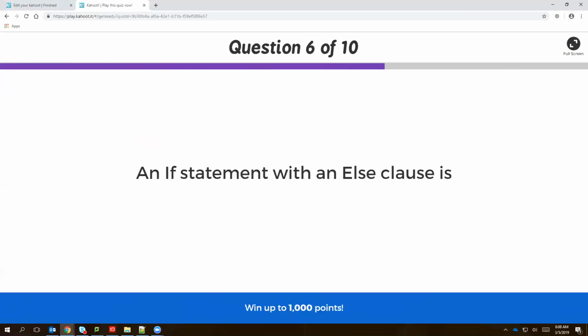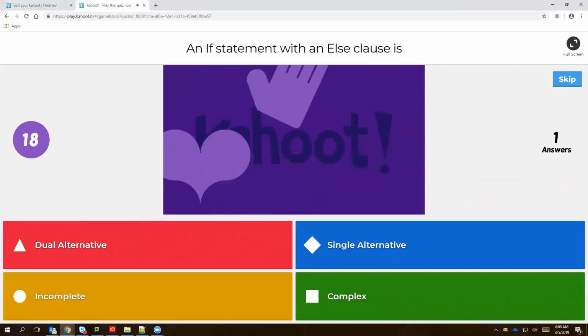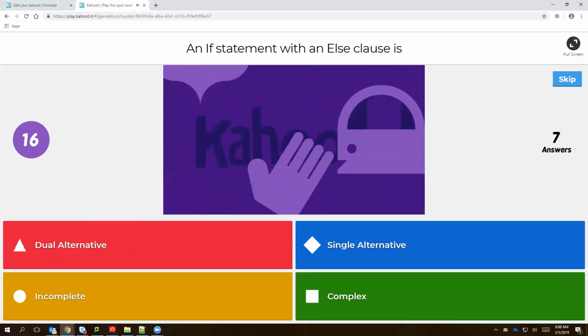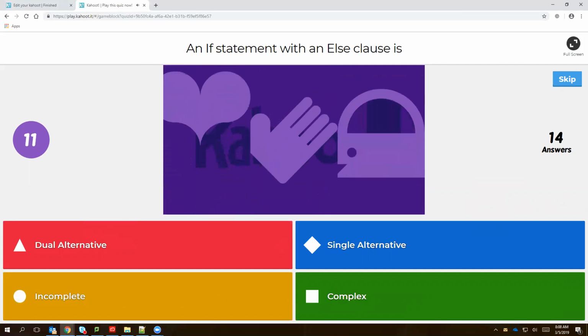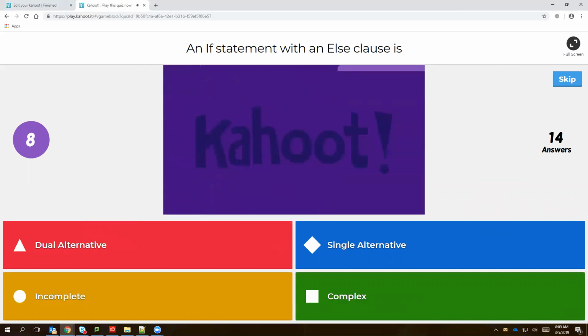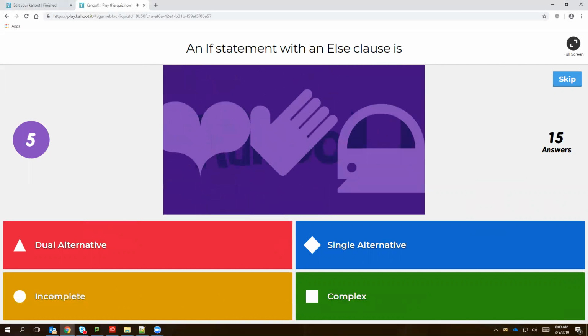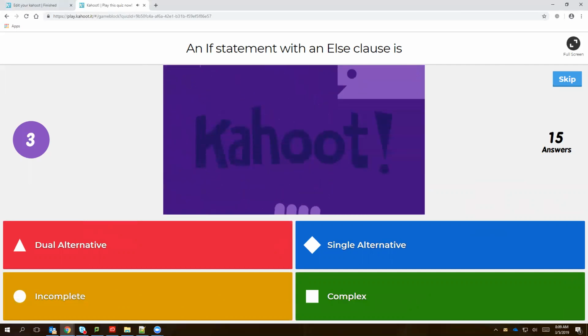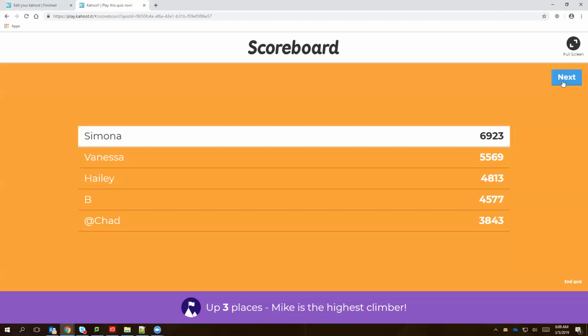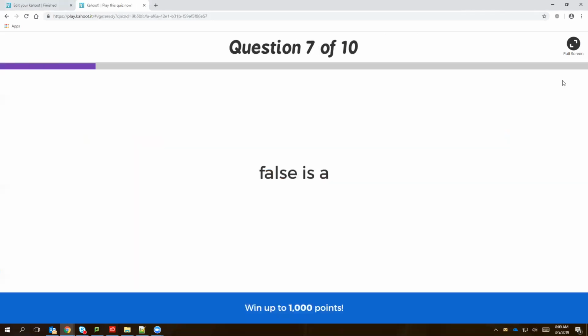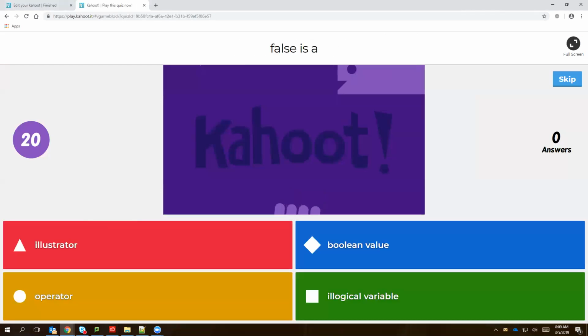When we add an else clause to it, good, good, good. Remember, with an else clause, we have 2 alternatives. We can do the if body or the else body. So it's a dual alternative. Oh, got a new leader. False is a